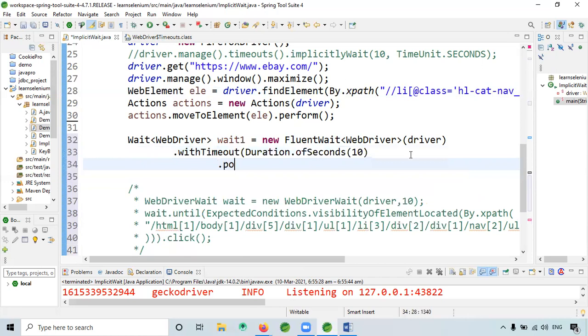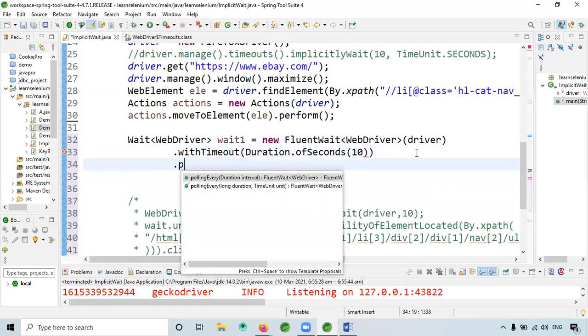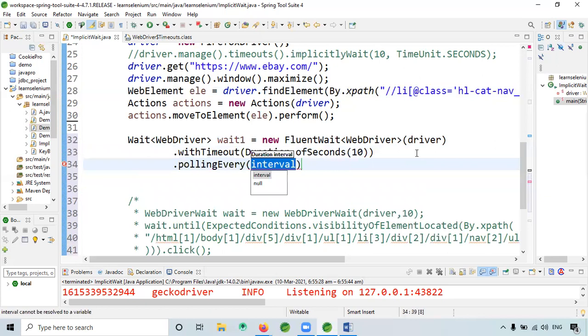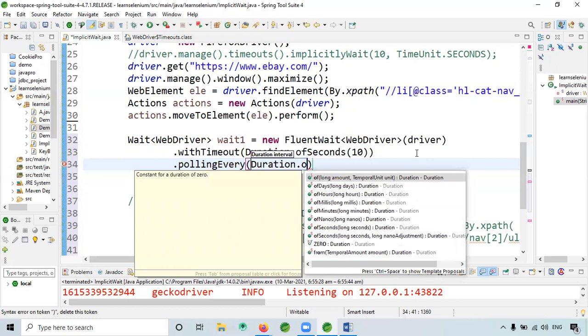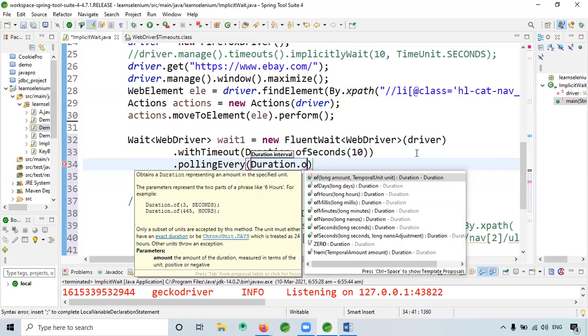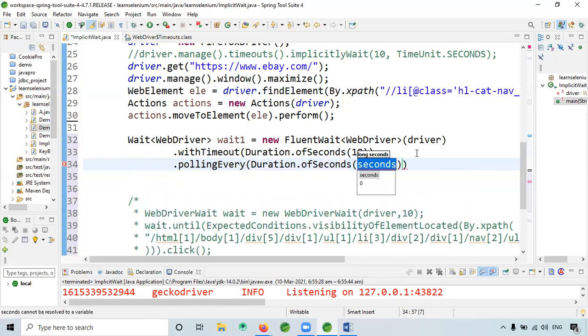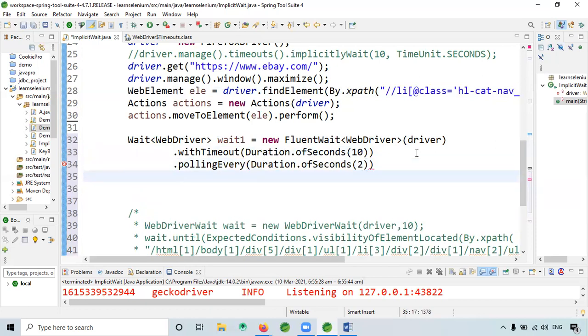Dot pollingEvery, Duration.ofSeconds, so every 2 seconds.